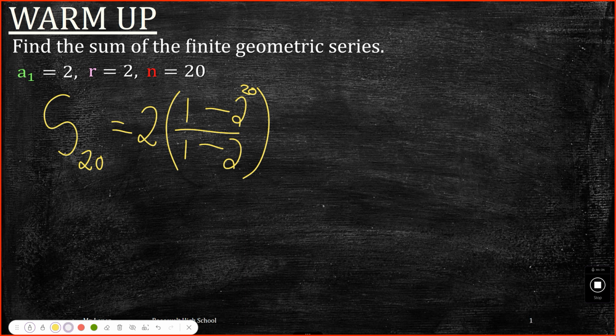So now let's go ahead and do 1 minus 2. What's 1 minus 2? Negative 1. So let's have that already, and let's put this in the calculator. What's 1 minus 2 to the 20th power? 1 minus 2 to the 20th divided by negative 1. And then multiply that by 2. And I am getting